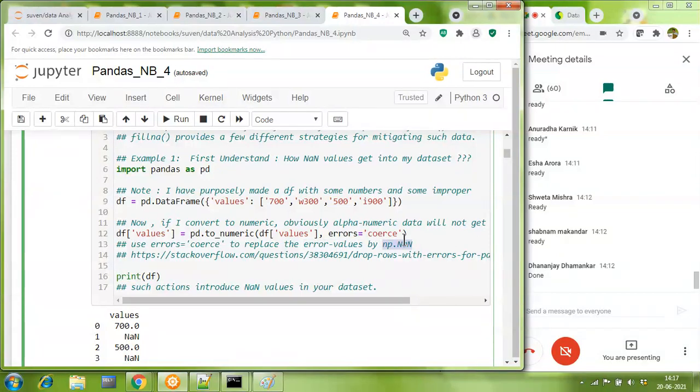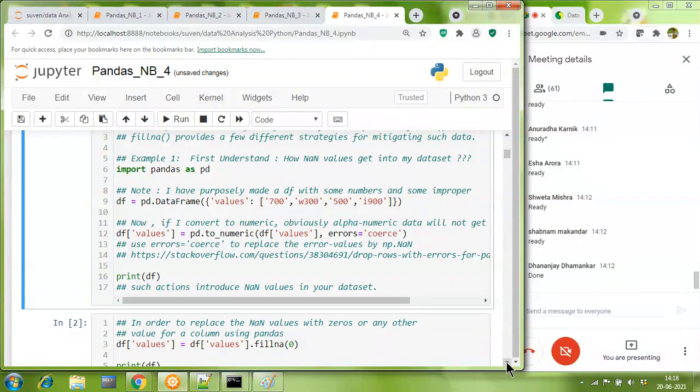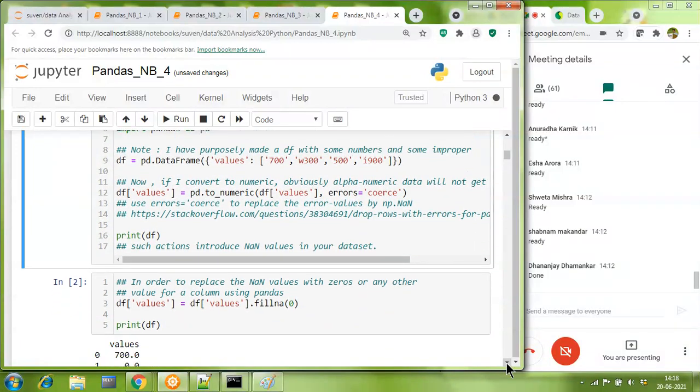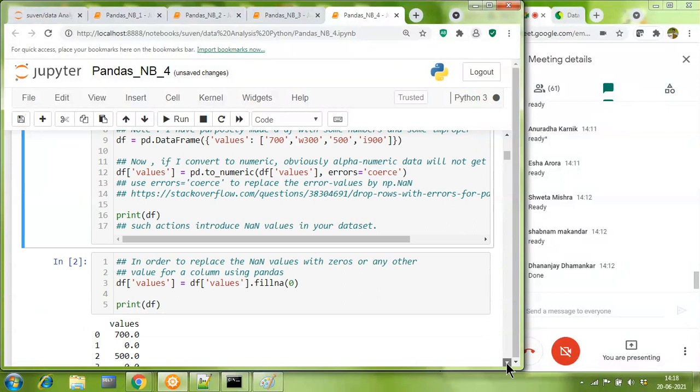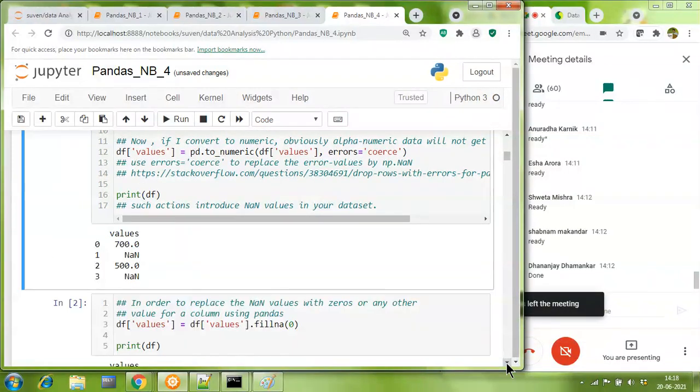I repeat, those values which cannot get converted into numeric are replaced by NaN. Instead of reporting an error, they are replaced by NaN. Have a look here. When I ran my very first code, I get the following output.